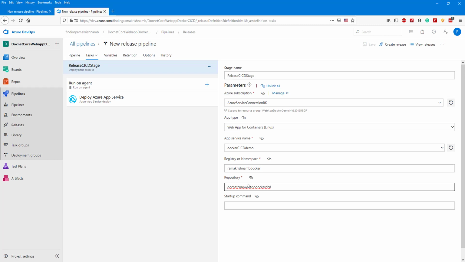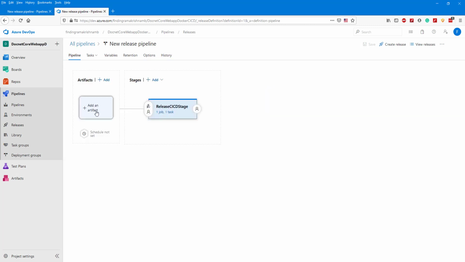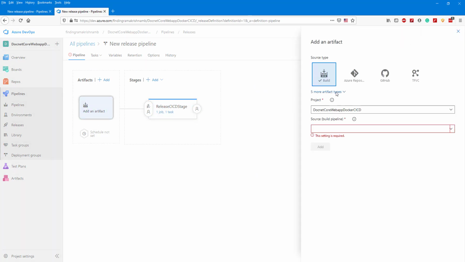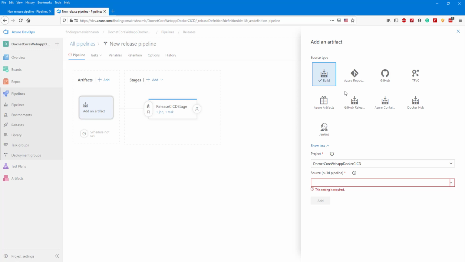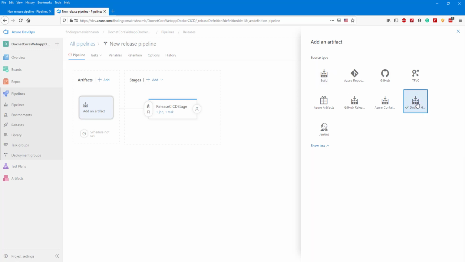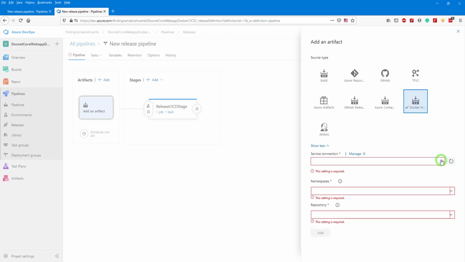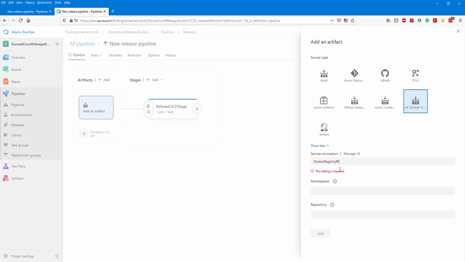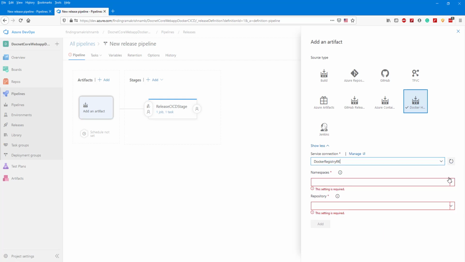Now go to pipeline. We need to add an artifact for this. So type of artifact, we are using Docker Hub. So select this Docker registry we previously created. Once you have configured everything fine, after selecting your Docker registry, the remaining things will automatically populate.